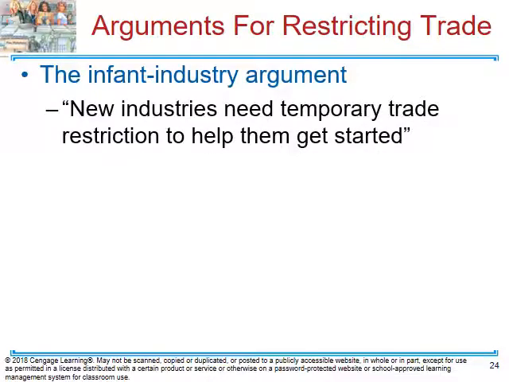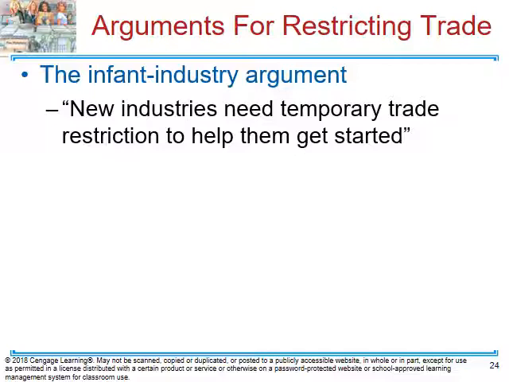The next argument is the infant industry argument, and this argument says that new industries need temporary trade restrictions to help them get started. So some companies say that we are not able to compete with international trade, so we need some protection at the beginning, in order that we establish and then can produce or compete later on. But this argument is also not valid,